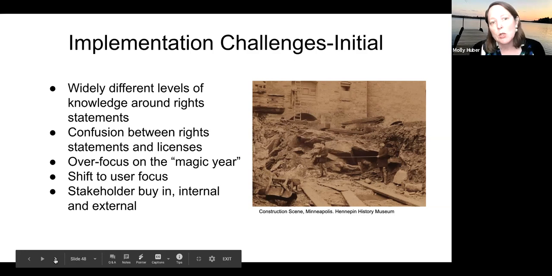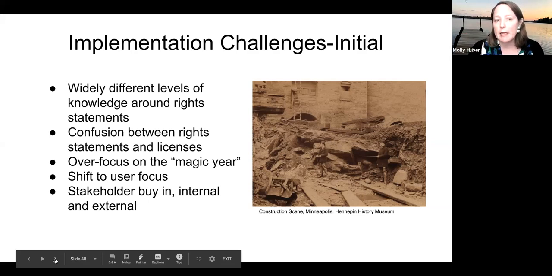Some time was spent above also on the shift to user focus, which sometimes, before, when organizations were thinking about rights, they often were thinking about it from the "can I use this" perspective. But now we need to think about not only can we use this as an organization, but can our users use this? How can we encourage use? What are the benefits to them? So there's also some kind of mind shift around the statements and why you label and why you put the information out there.